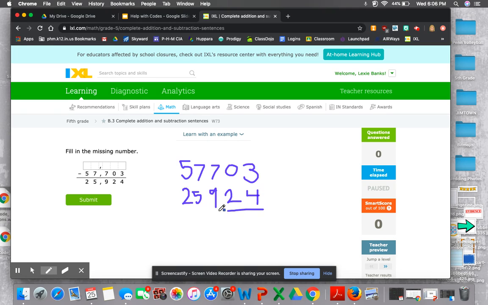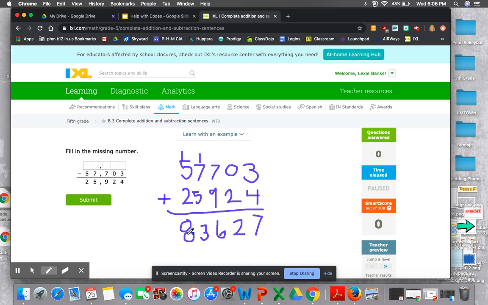Okay, I'm not going to lie to you guys. The last time that I did this problem, I accidentally started subtracting for some reason. I got through the whole video and I was wrong. So let's make sure that I'm supposed to be adding, yep, because the opposite operation. So now I need to add these together. So 3 plus 4 is 7, 0 plus 2 is 2, 9 plus 7, 16, carry my 1, 7 plus 5 is 12, plus 1 more is 13, and then 5 and 2, 7 plus 1 more